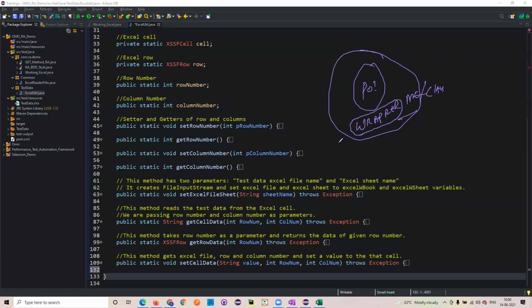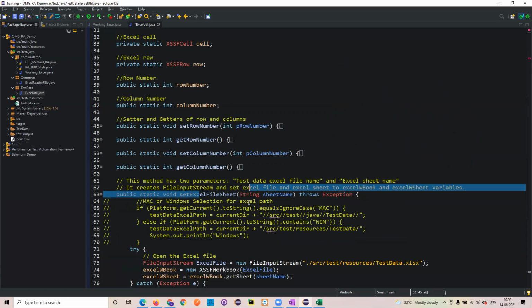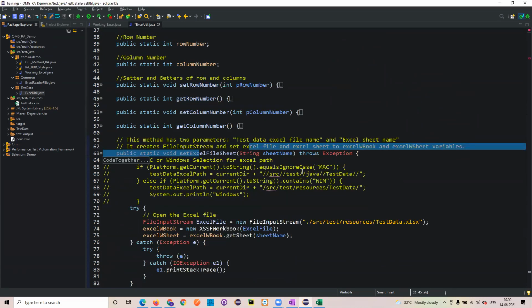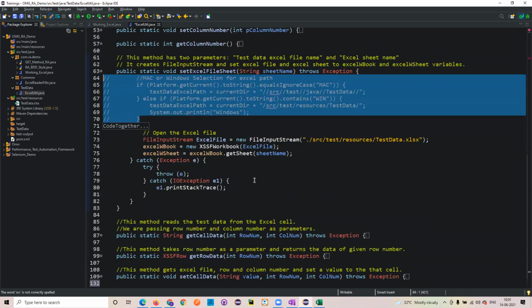The same way here also, we will be having lots and lots of lines of code. So now what we will do is, we'll combine all these things into a single wrapper function, so that it is very easy to use. For example, now I wanted to use this particular Excel sheet, right? So I'll try to use this particular method, which is set Excel format. Actually we have used it, whether it is for a Mac machine or a Windows machine and all. I just commented out that particular piece of code which is not required. Now what exactly we wanted to use.